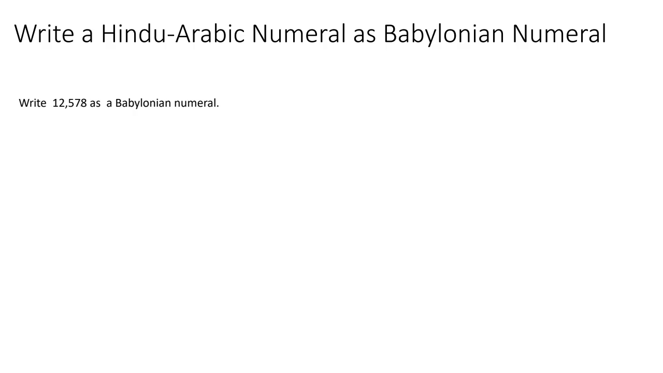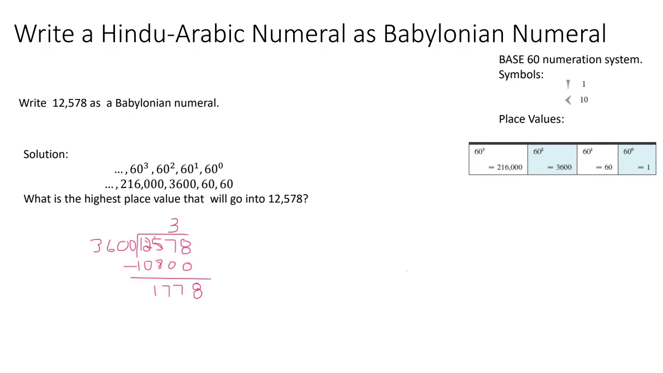12,578. And so if we put our place values, then the first number that will divide 12,578, or the largest one, will be 3,600. And that goes in 3 times. So 3,600 times 3 is 10,800. If we subtract, we end up with